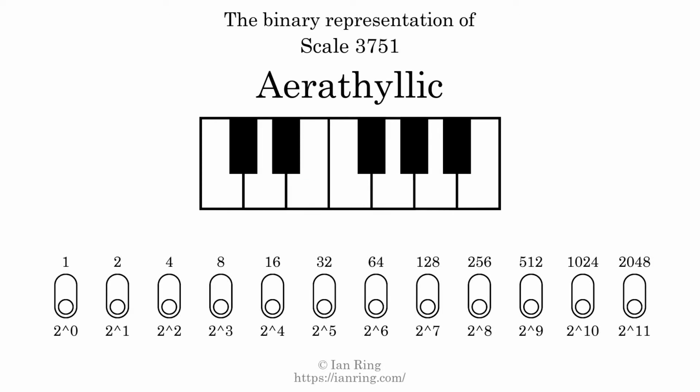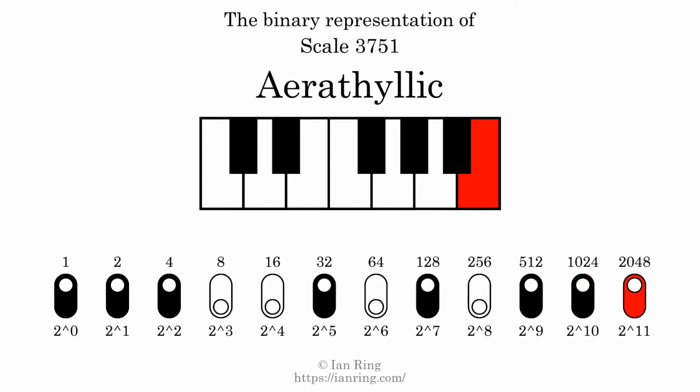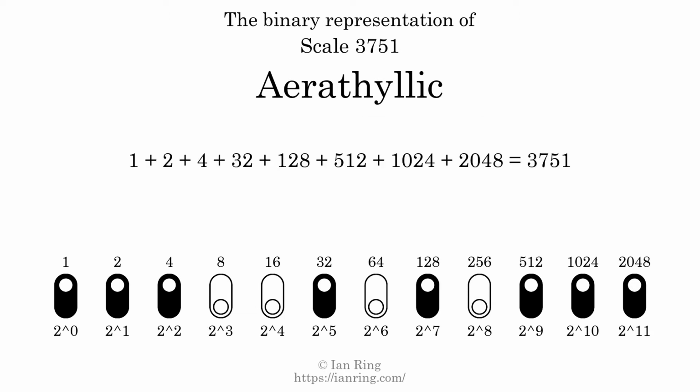The binary representation of this scale is determined by mapping tones of the scale to binary digits. Each binary digit represents a power of 2. To get the scale number, we add the powers of 2 together. The powers of 2 that are present in the scale, all added together, equals 3751. That is why the scale number, in decimal, is